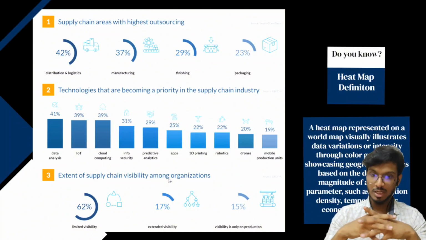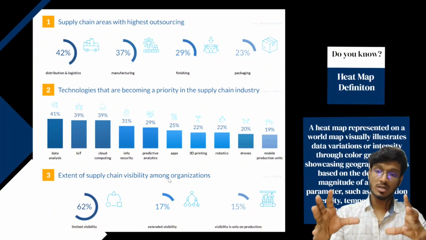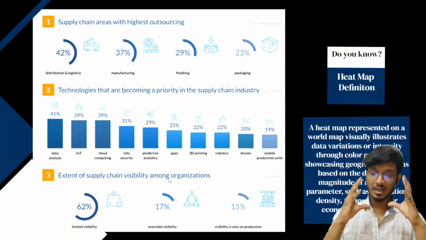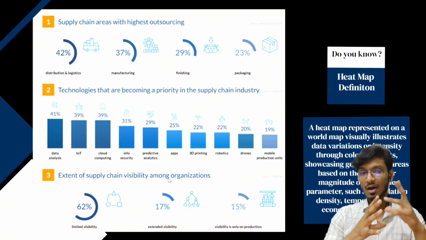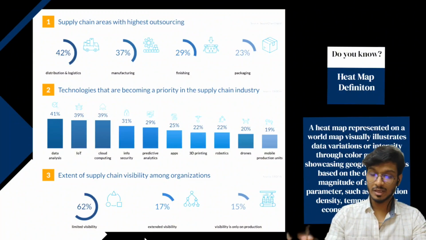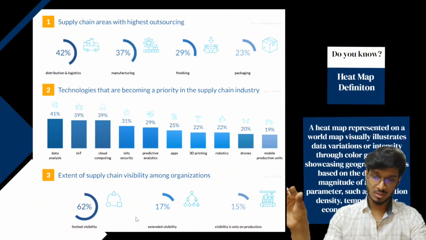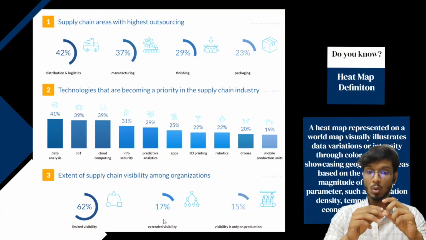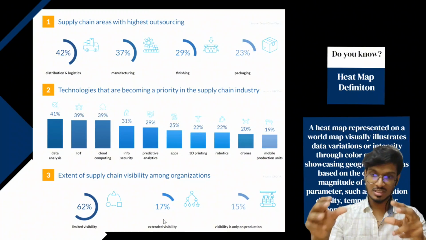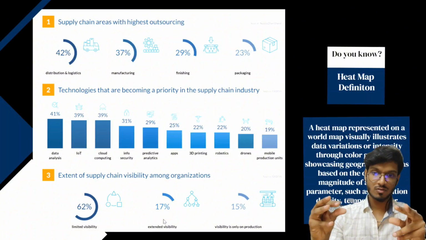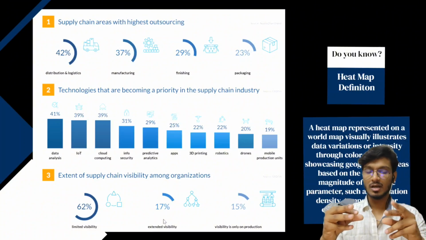Extent of supply chain visibility among organizations. So what is extent of visibility? If a product or a technology is developed into the industry, how well it has reached the customers or the industry, that is called the extent of visibility. So limited visibility is almost 62%. Extended visibility is very less, that is 17%. Visibility only on production is 15%. So you can see this technology is very small and very rare for people to understand,